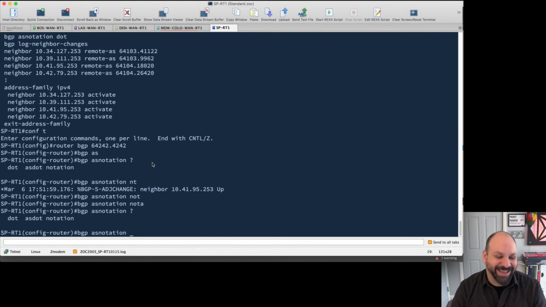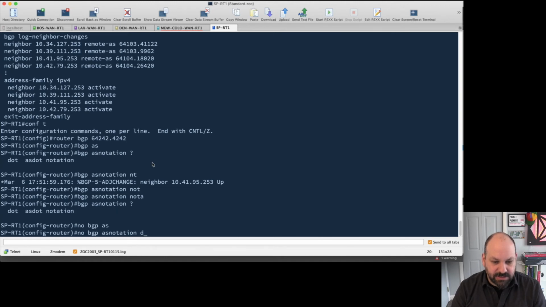Oh, I can only say, that's the descriptor field. That's not giving me multiple options. I see what they're doing there. So I have one choice. I can turn on dot notation, or I can turn it off. So if I say no BGP AS notation dot,